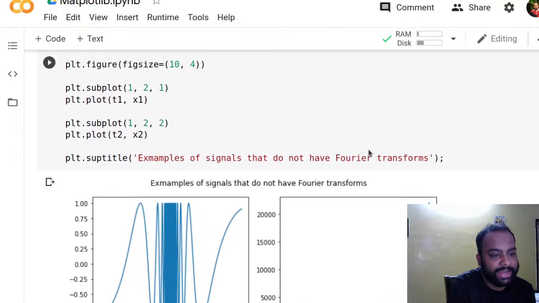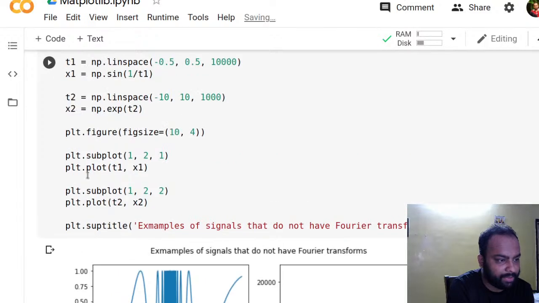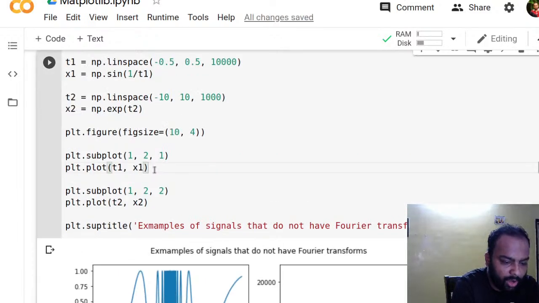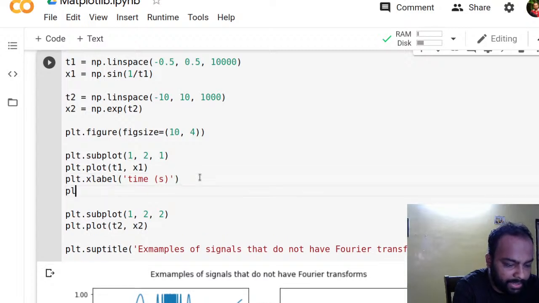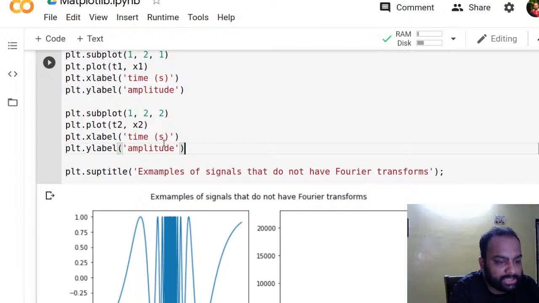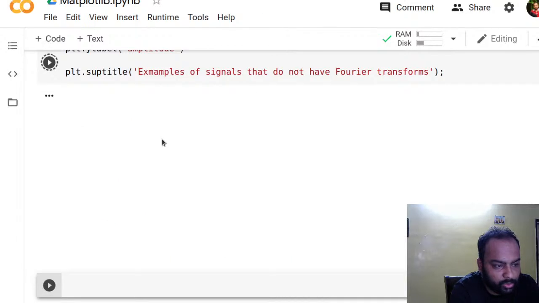All right. So now independently, I can label each axis. For example, for the first subplot, I would say plt dot xlabel, time, of course, in seconds, and plt dot ylabel, amplitude. And let's copy these for the second plot as well, since they're independent plots, so I would have independent axis labels like that. So if I do the plot,